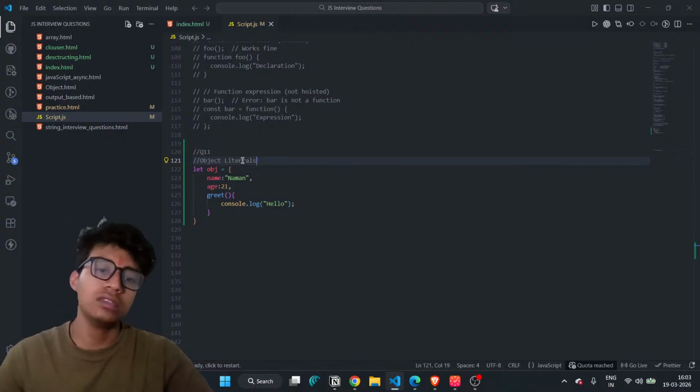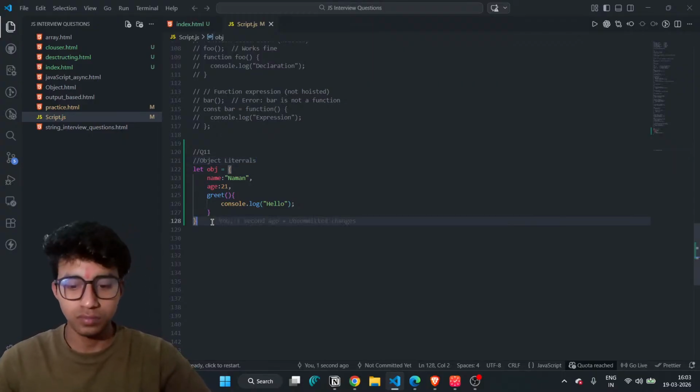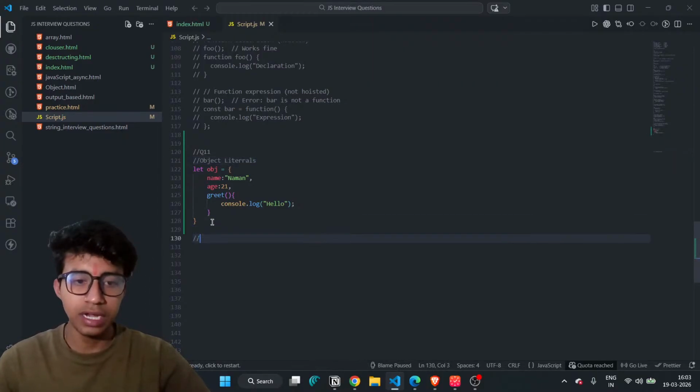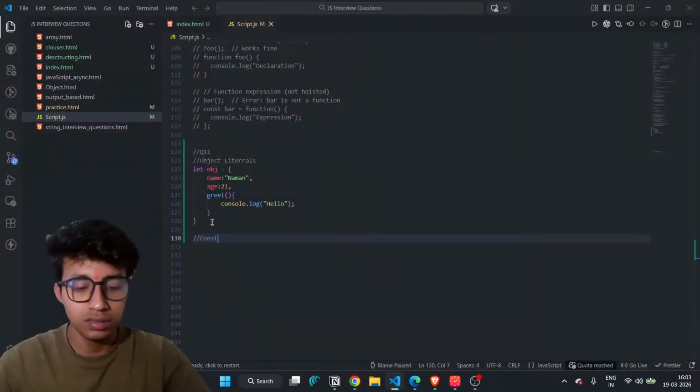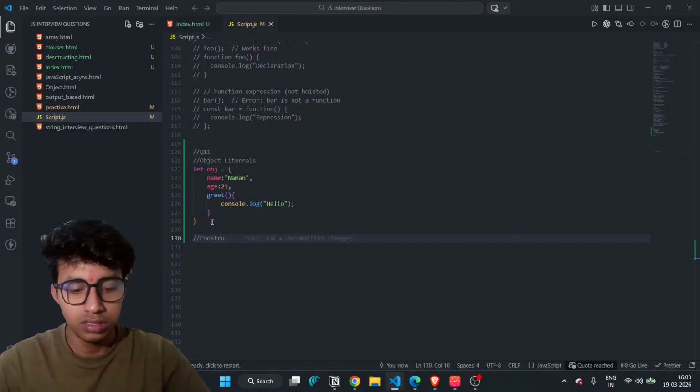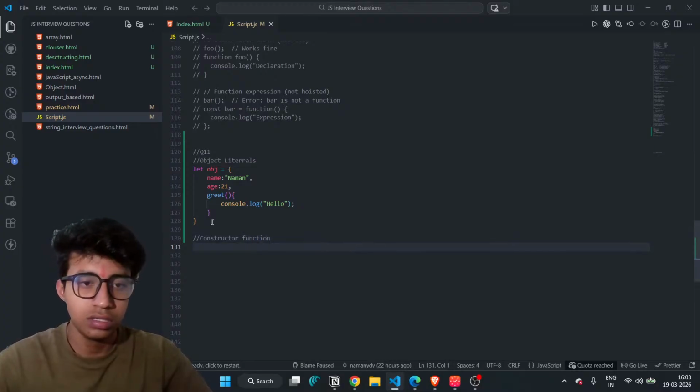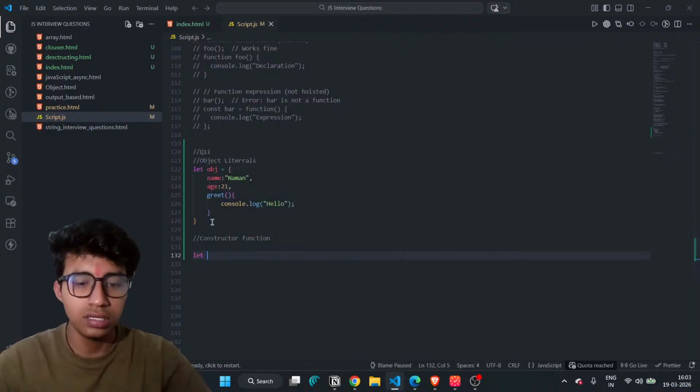This is an object literal, and we are simply creating an object. This is a constructor function, okay. We have a constructor function, and there is a let.